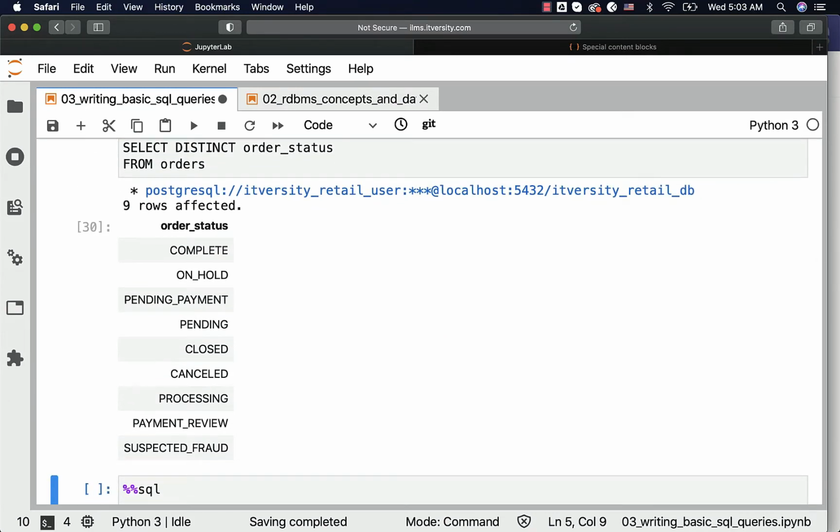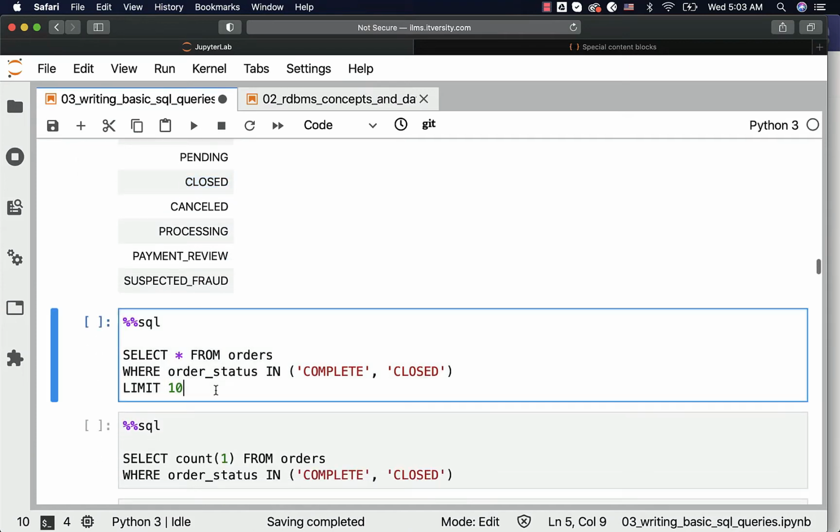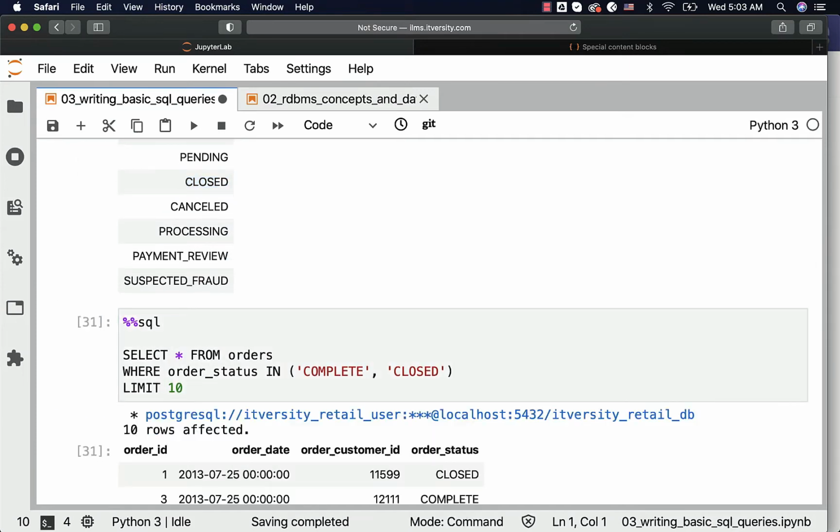Now if I want to get only those orders either in complete or closed, we can go to the list and we can confirm what all values mean either complete or closed, and we can use only those values. Out of all these values, we are interested in complete and closed. All others mean a different thing than these, and hence we should not be using the other values. And this is how you can actually specify the IN operator to compare order status against complete or closed.